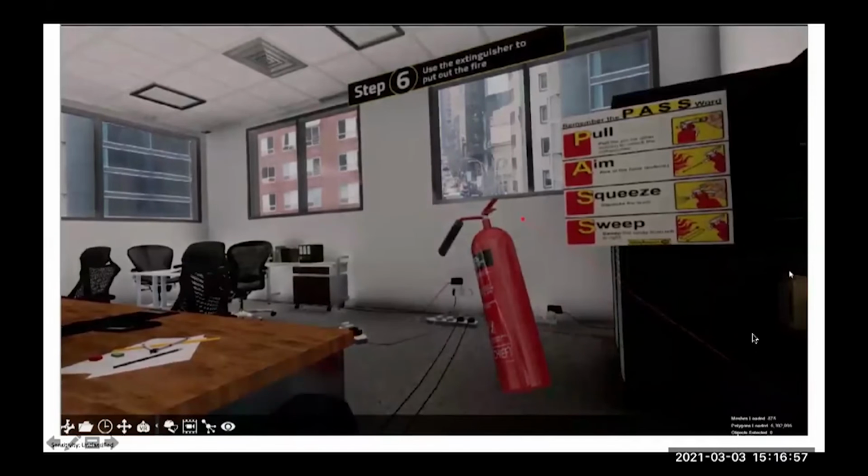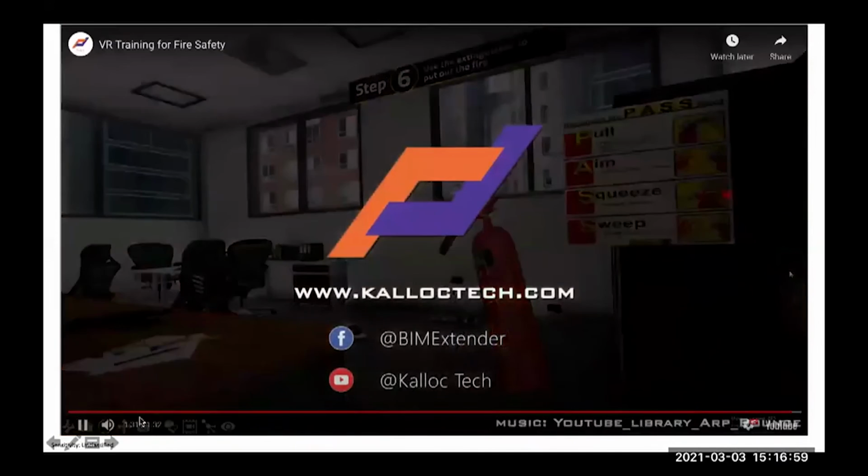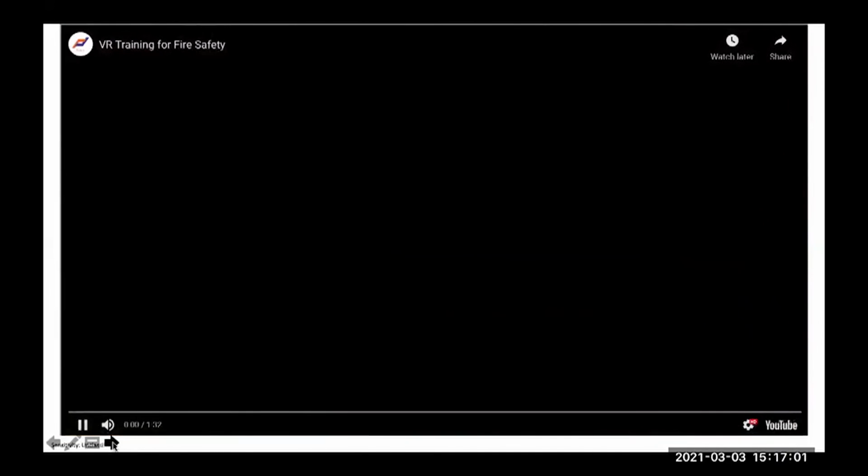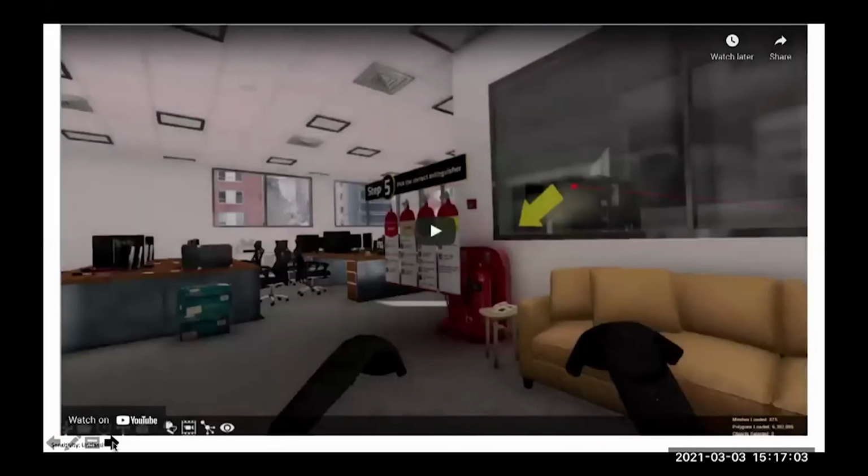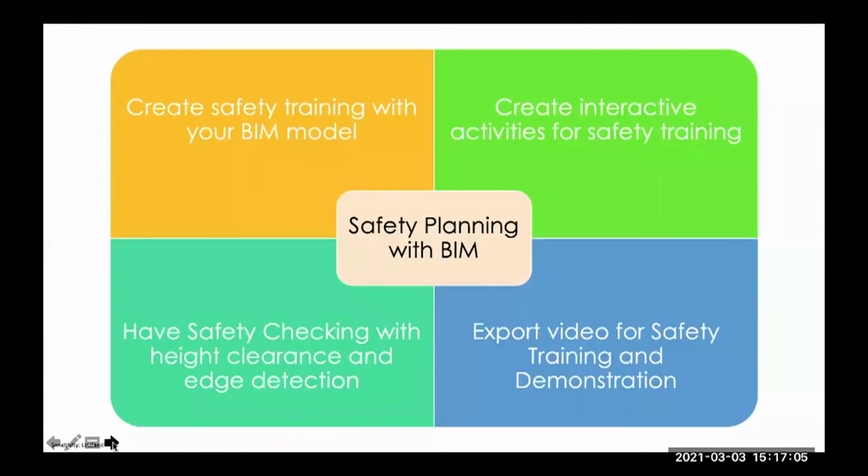All right. So these are the possible simulations that can be performed using BIM models. Here are some lists I would like to discuss on safety planning with BIM. Create a safety training with your BIM model. Using the BIM model delivered by the design team, you can do the site activities using software like Fuzor and Synchro, and do the simulations of possible safety precautions and measures to be taken,